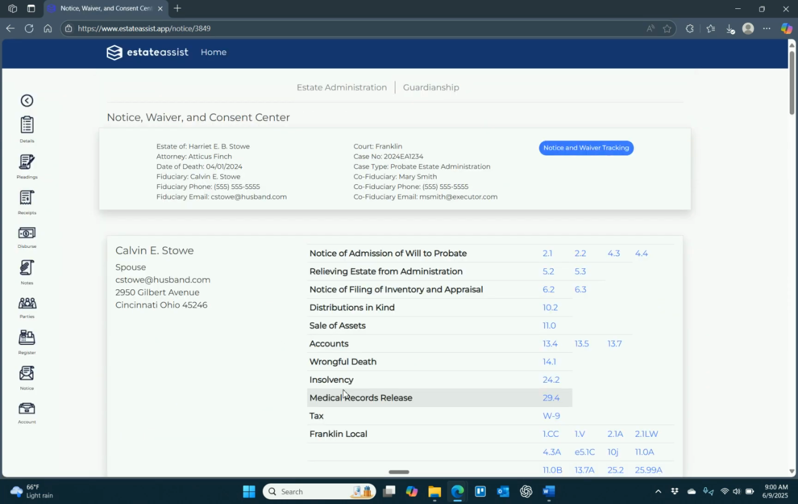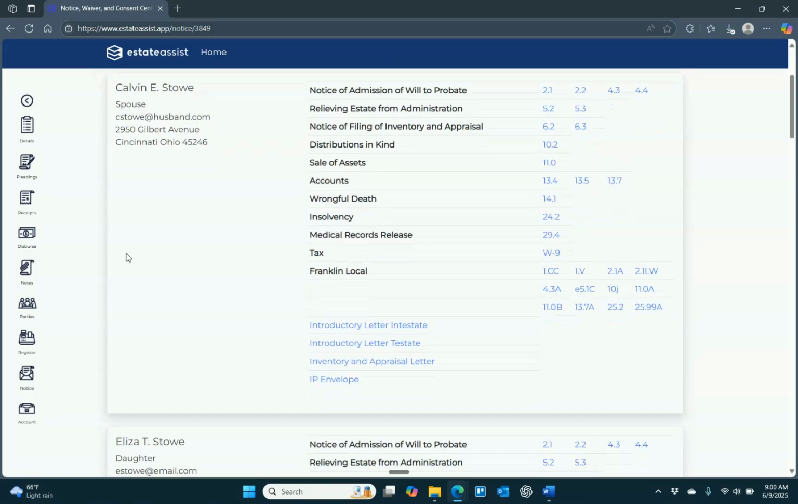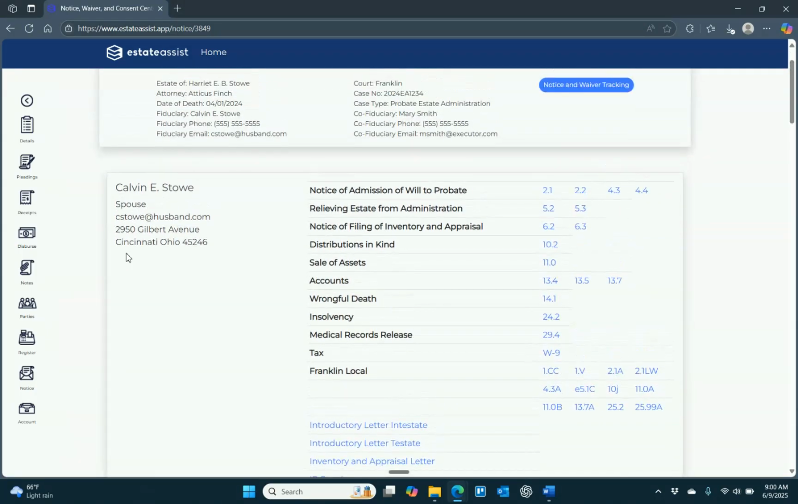We have personalized notices and waivers. So when we come to our notice, waiver, and consent screen, every interested person has a box here that has personalized waivers for them,